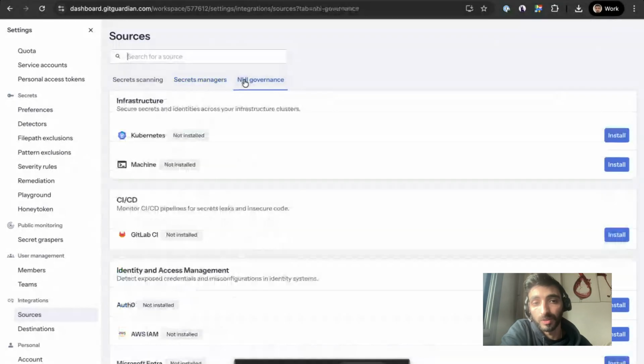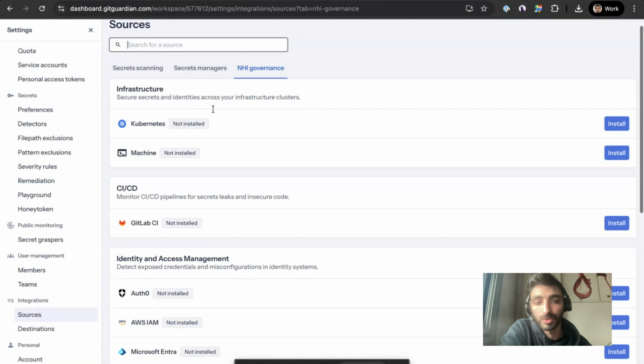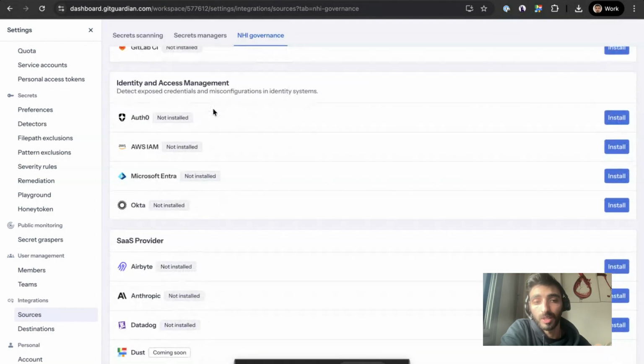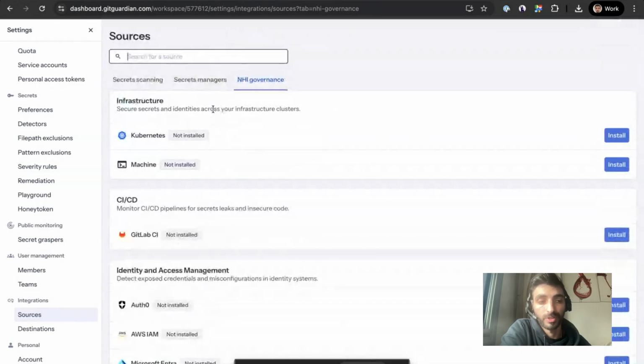And with that, you also have the NHI governance piece, meaning that you can connect to all of the environment so that you can get a holistic view of all of your credentials. So whether it's your Kubernetes deployments, your pipeline jobs, or even your IAM systems, you get this integration point so that you can understand where these credentials sit, how they are managed, how long they have been provisioned, what kind of access privileges are tied to them. And you can map all of this information so that you can better understand the impact of each credential and